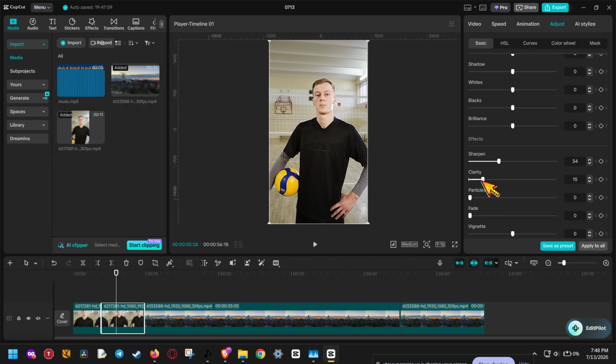Clarity is great for boosting mid-tone contrast, which gives your footage more depth and a cleaner overall appearance. After that, look for particles and set it between 5 and 10. This can help add a slight structural texture if your source footage looks too flat or overly smooth. The key here is not to overdo it. Small changes usually give the best results, especially if you want your video to stay natural while still looking sharper